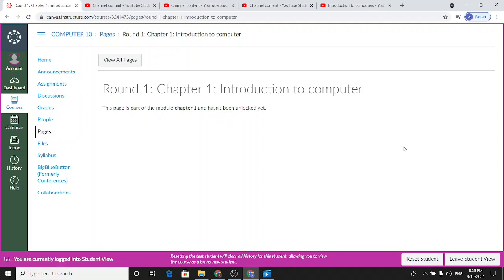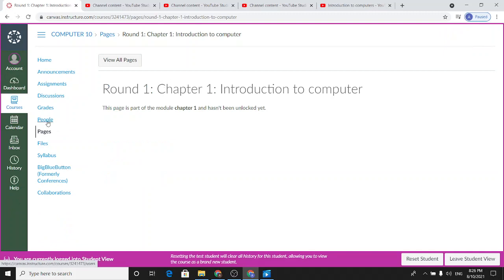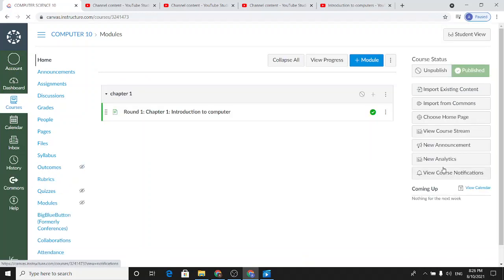And when I publish it, student view, when the student clicks on the home page, when we publish that module, let's publish this module here. By clicking on this, the module will be published.